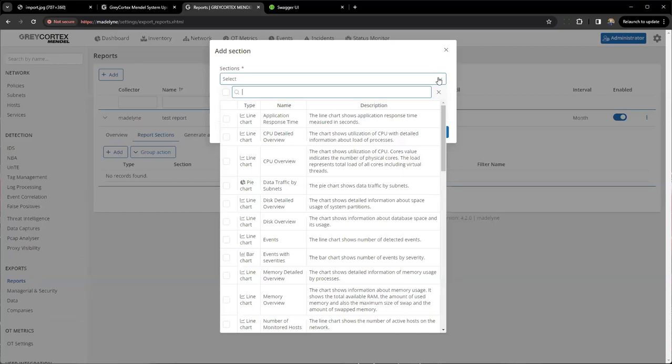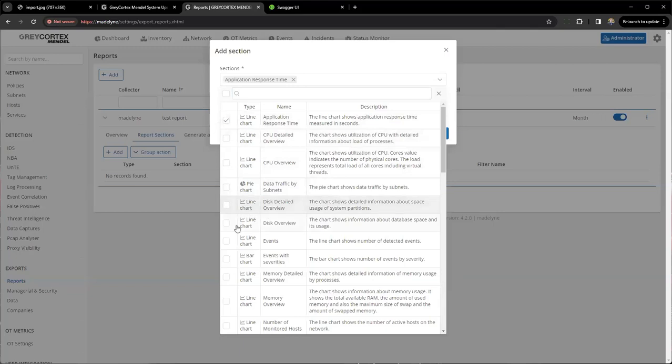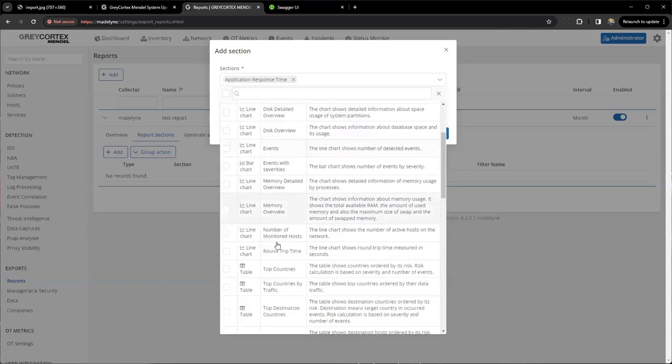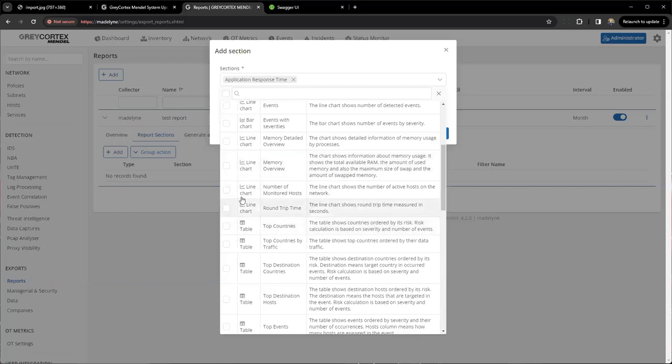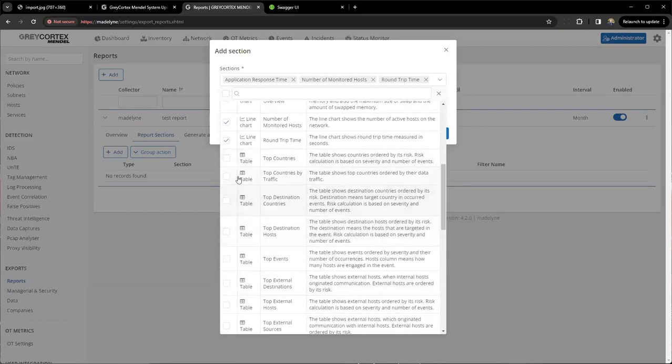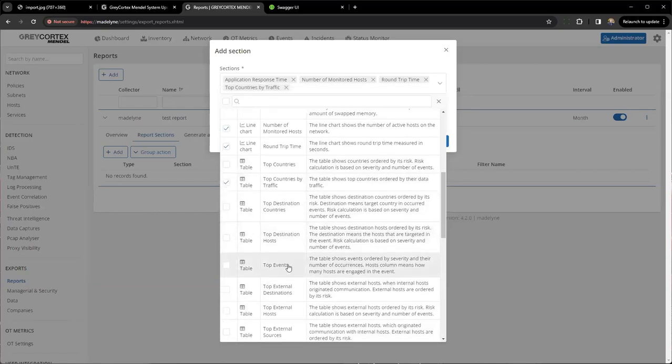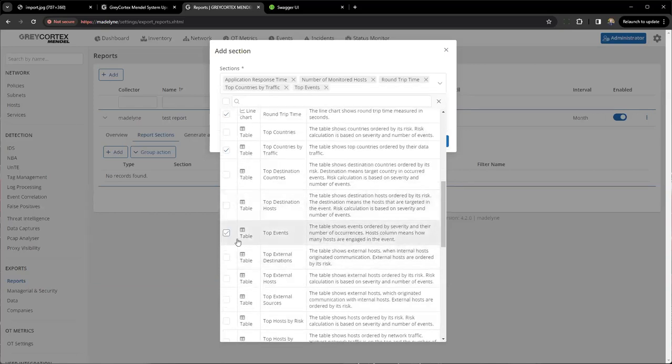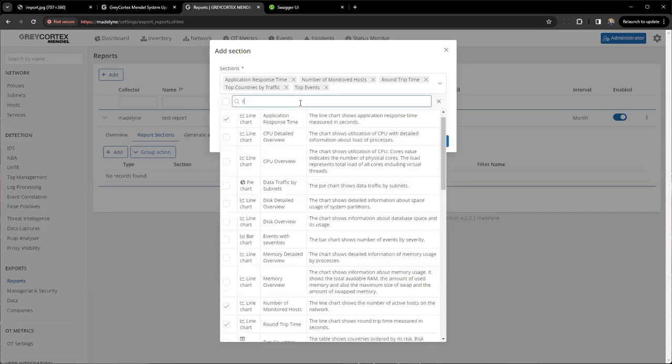If this report is performance focused, or security focused, or for some management, you want to see only some specific information. It's up to you. So, for example, I want to see application response time, the number of hosts, round trip time, top countries by traffic, top events, for example, all risk